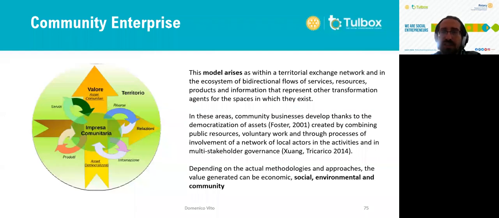The model derives from the strong interrelationship with the community and the land within which the business insists. And actually, it creates a sort of collective connection for the production of goods, exchange of knowledge, information, and so on. And it has a multi-stakeholder governance that allows the community itself and the environment itself to be part of the value chain process. And this kind of community enterprise, you can see, for example, in the so-called community-supported agriculture.